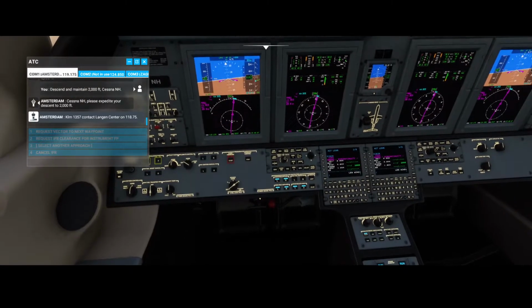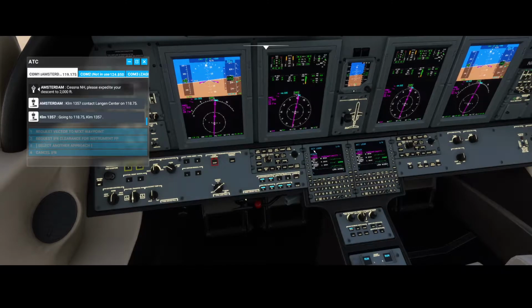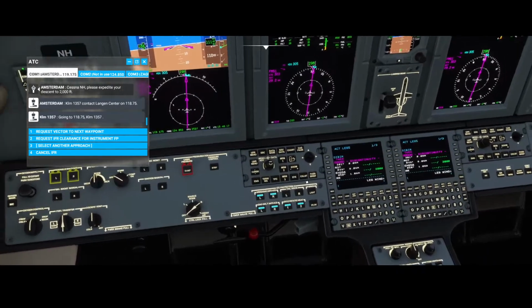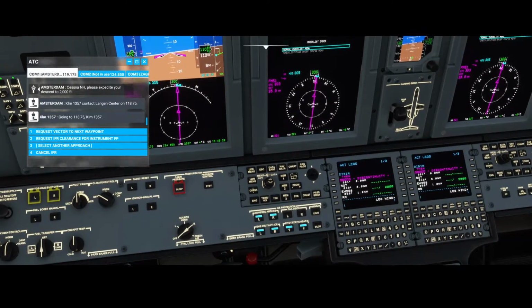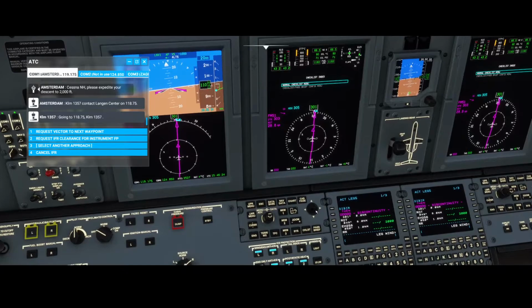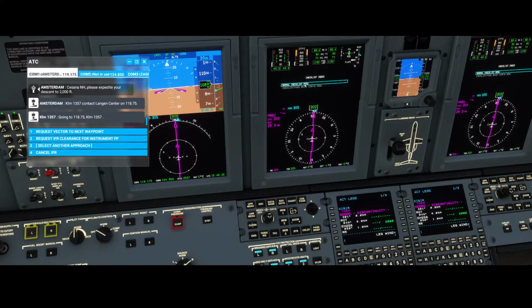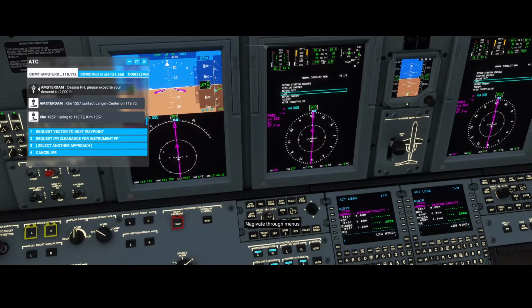So some other cool things which I discovered. Let's wait for the autopilot to be ready. You've got some options here which we didn't discuss previously. One of them is the checklist, and when you press the option here, it will show you the checklists which are shown here. So probably we're going to record a new video about that to explain how you can use it. But just in short, you can simply press next, and then you can use this button to select the